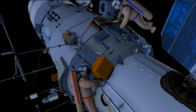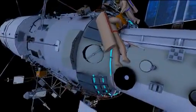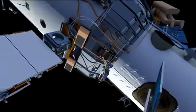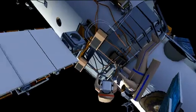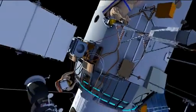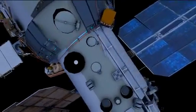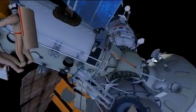They'll translate to the smaller diameter of the service module and temp stow Photon-Gamma, then translating around the smaller diameter of the service module, they will install 2 additional gap spanners. Once the gap spanners are installed, the crew members will translate back to Photon-Gamma, retrieve it, and translate it